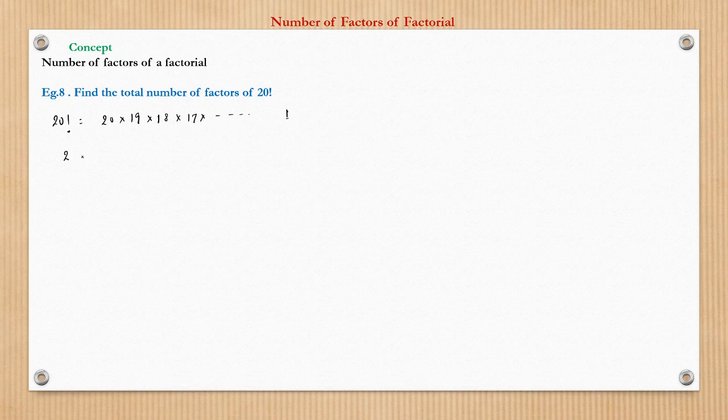What is the highest power of 2, the IGP? So 2, IGP would be what? IGP here I will write. So that we can calculate as 20 by 2 is 10, 10 by 2 is 5, 5 by 2 is 2, 2 by 2 is 1. So this we will add to get IGP as 10 plus 5, 15 to 17 plus 1, 18.